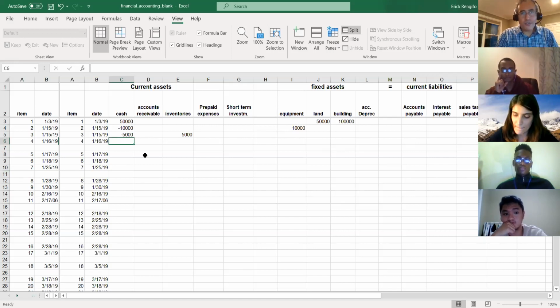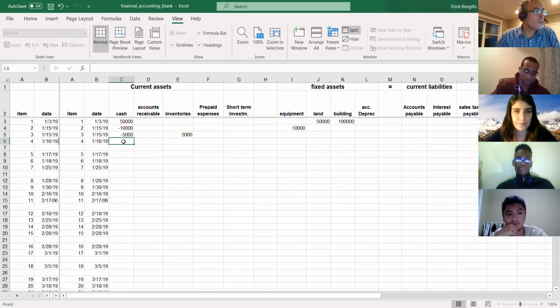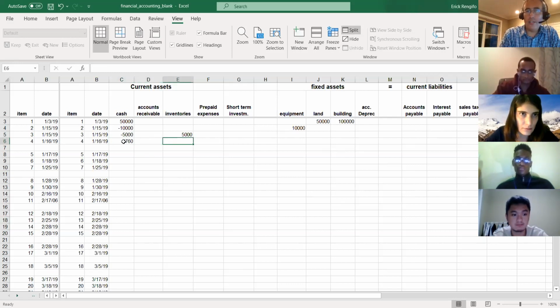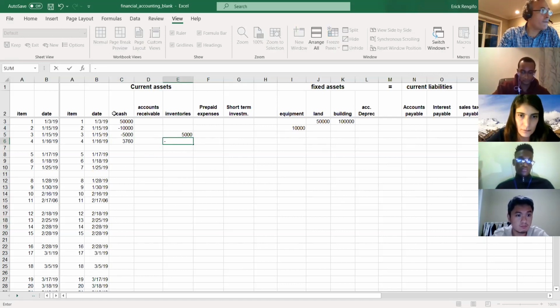Okay, so let's first report that. How much will I receive in cash? The entire 3,760. Perfect. So this is what I will receive in cash. However, I know that this has two components. One is reducing my inventories, right? My cost. So this is going to reduce my inventories by